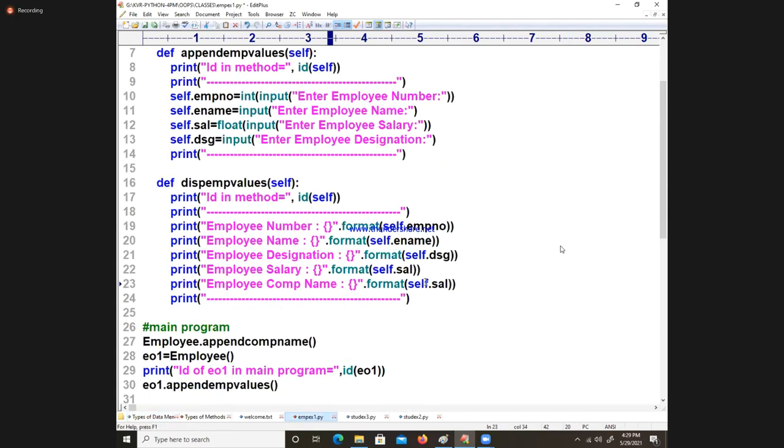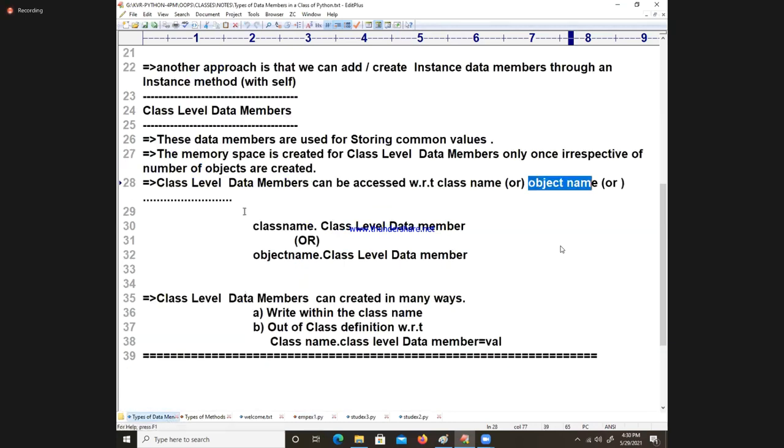Tell me, company name, what should I write? Can I write CLS here? No, carefully. CLS is there as a first parameter there only. Here in the display values, we cannot call it. But I told you just now, with respect to object name we can call.